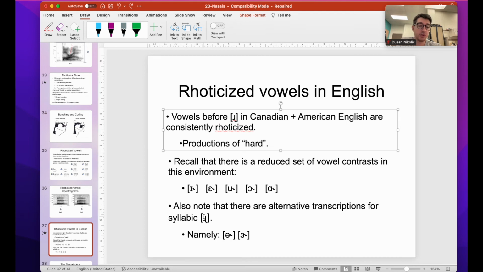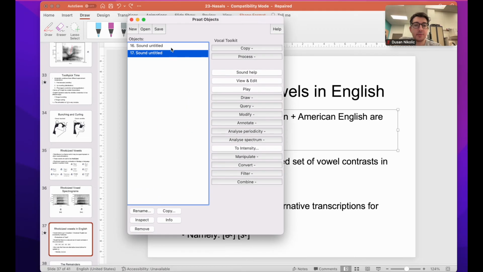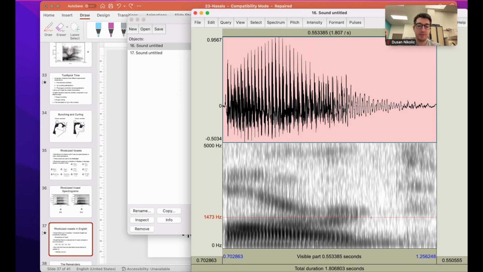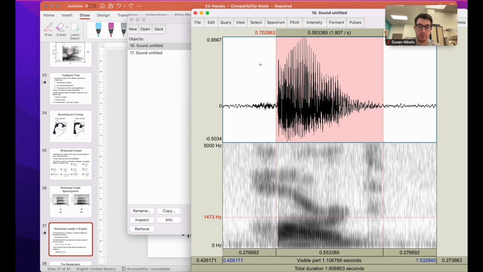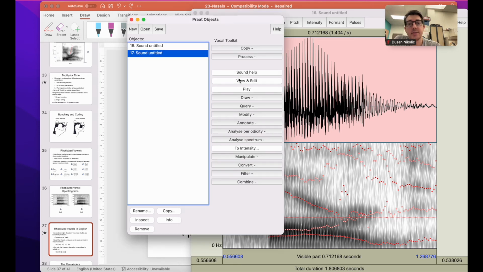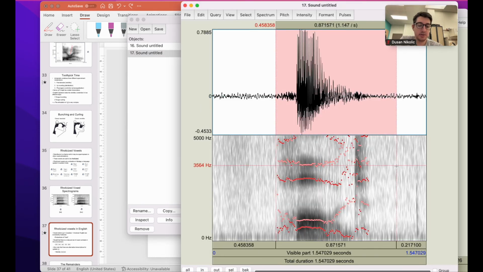For example, production of "hard." These are my two productions of "hard." So this is "hard." We can see the F3 going down. Yes, the F3 going down. Let me just make sure that light won't turn off. So F3 is going down very vividly, and this is a "hard,"